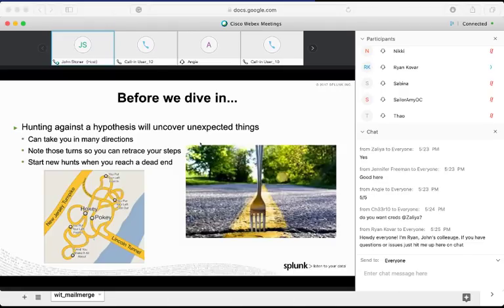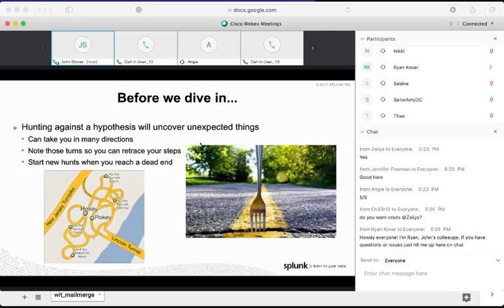If you find something interesting, you might want to go down one fork in the road, but maybe you just make a note of that and say, I'm going to come back to that later. Maybe that'll be a new hunt. When I reach the dead end and I run everything all the way to ground here, then I start a new hunt. So just be cognizant of that, because as we create hypotheses,